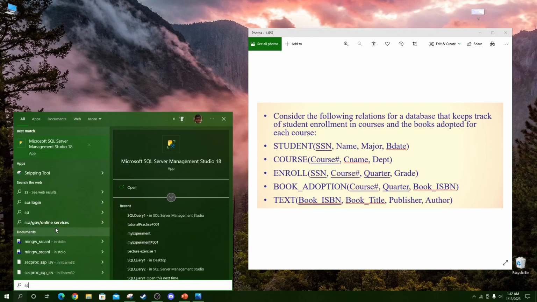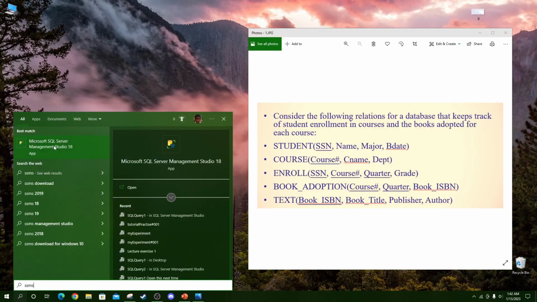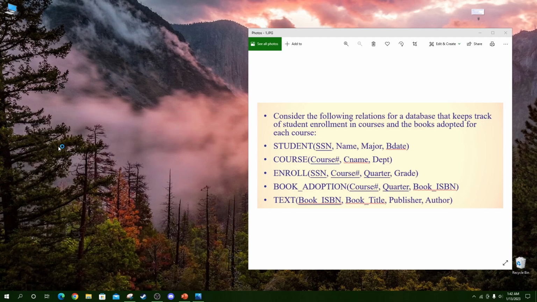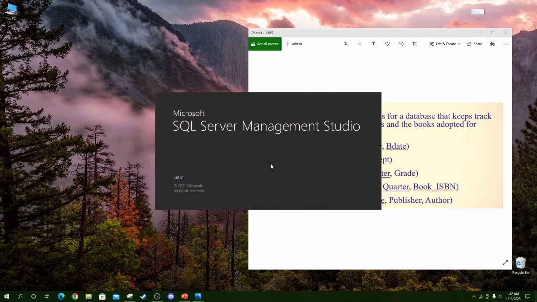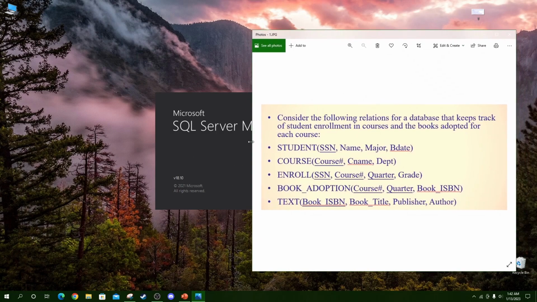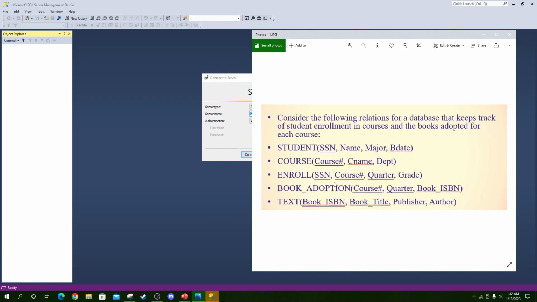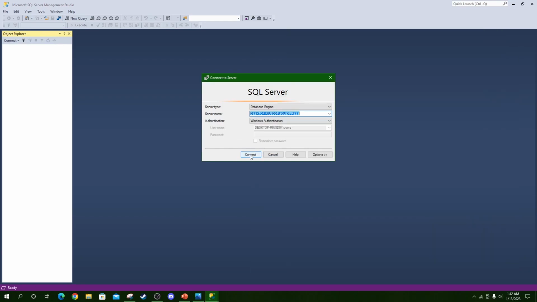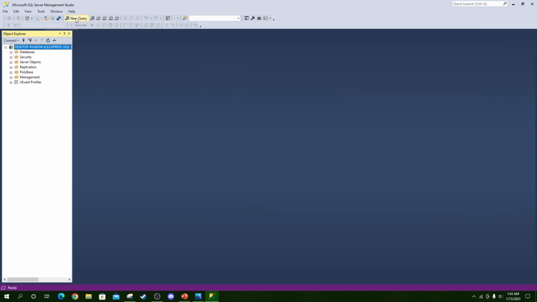First, let's open SQL Server Management Studio. If you don't have it, you can look for my video to install it. Now, let's get done with it. While it is opening, you can look at the example. First connect. Okay, first let's create a new query,